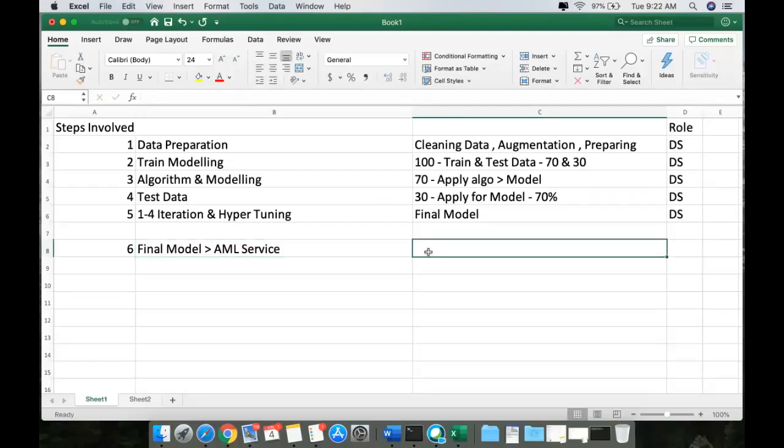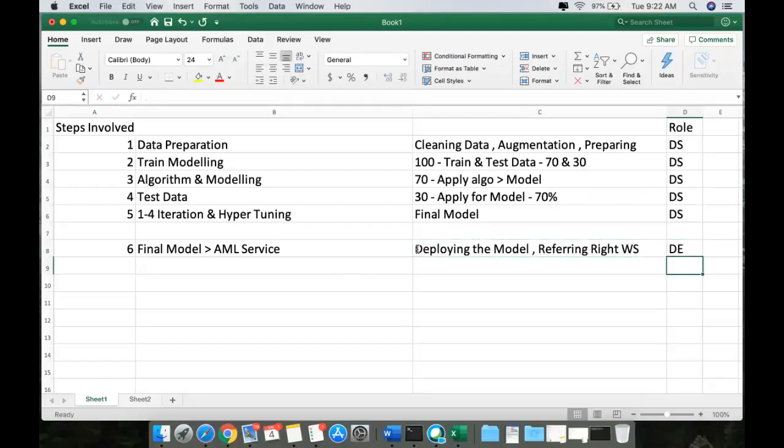So I'll deploy the model and test it out in real time, to see what is happening in the system. So we'll see here AML services. I don't want to go deep into it; later on, I'll go there. It's more about deploying the model, and the second one is referring to the web service. They're a little more about defining containers and everything. This is all data engineer or DevOps engineer work.